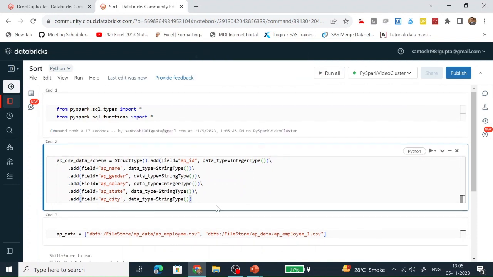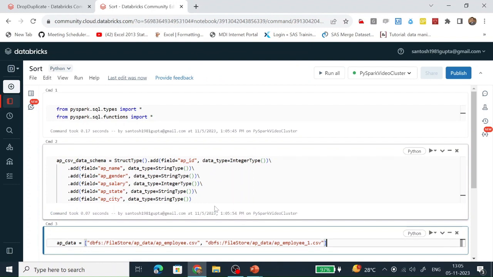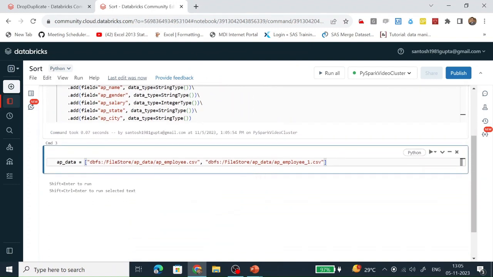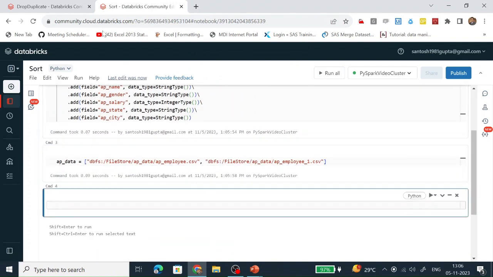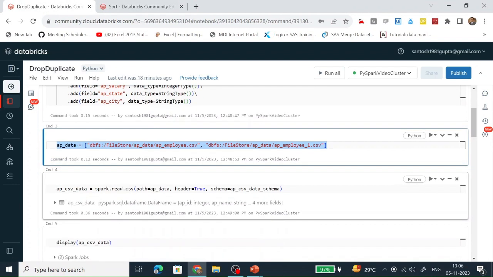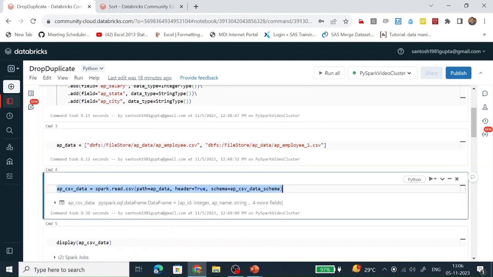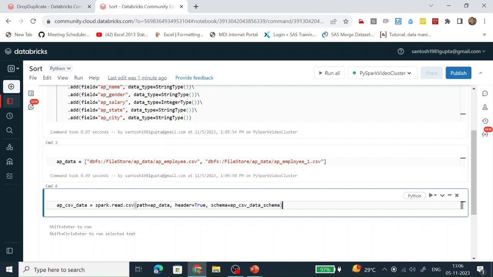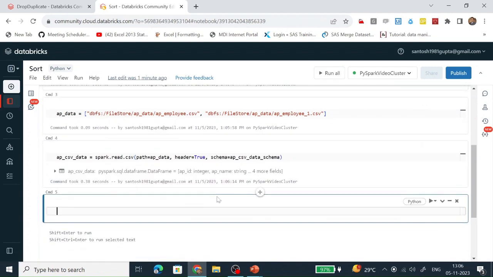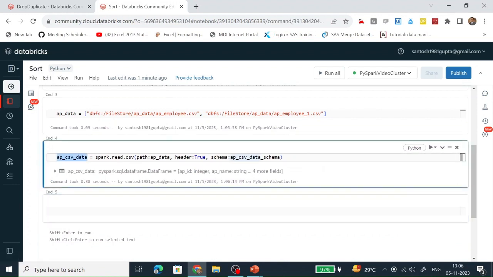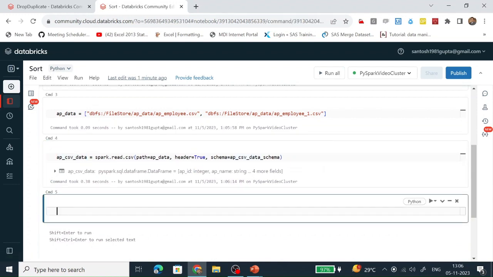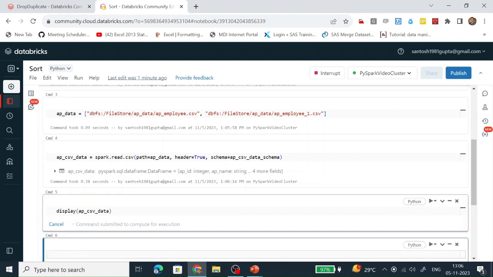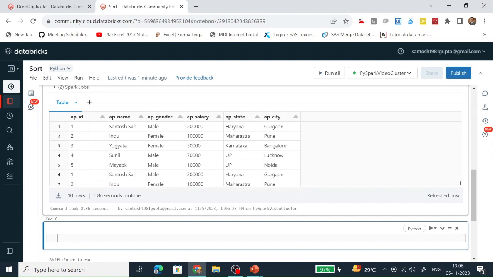Required libraries are imported successfully. Custom schema has been created successfully. The AP list variable has been created successfully. So let's copy this code as well, in which we are reading the CSV file and creating a data frame. Let's see the content. It has 10 records.